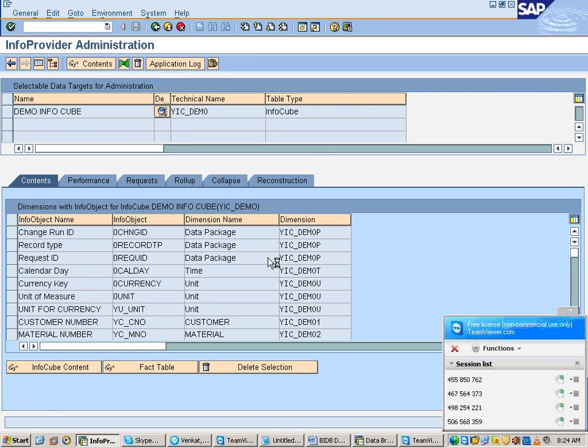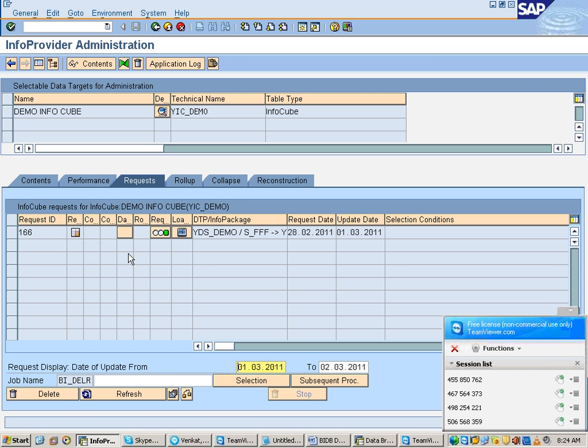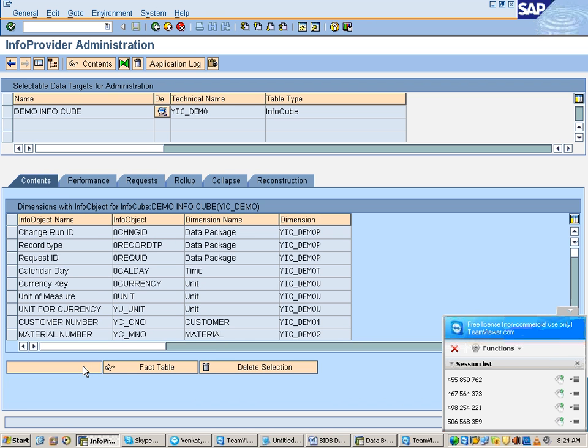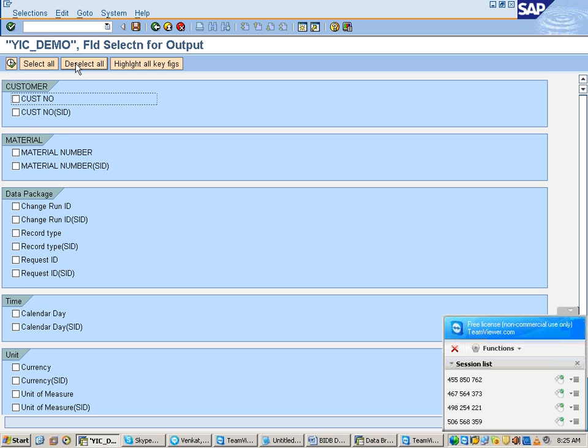Select the cube. Then you have to go with mayonnaise. Then go to contents, info cube content. Then what fields you want to see for output.